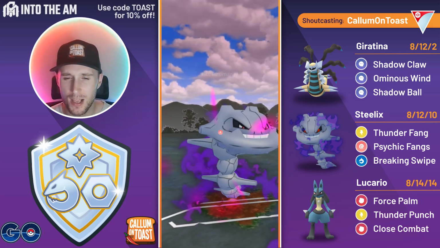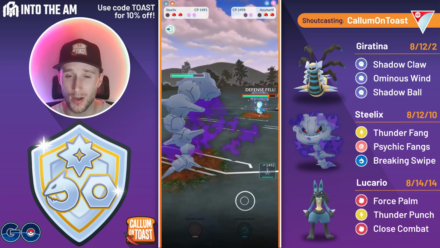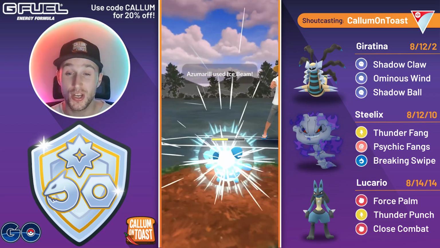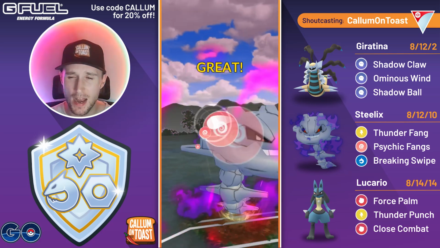I think probably trying to commit to a Shadow Ball, but just narrowly missing out. Now they're going to come in with the Azumarill, and we're going straight for that Psychic Fangs. Now, I'm not certain what they're going to have in the back. We've already seen 2 Fairies, so I'm actually going to shield this, and then I'm going to stay in with my Steelix, go for the Psychic Fangs,